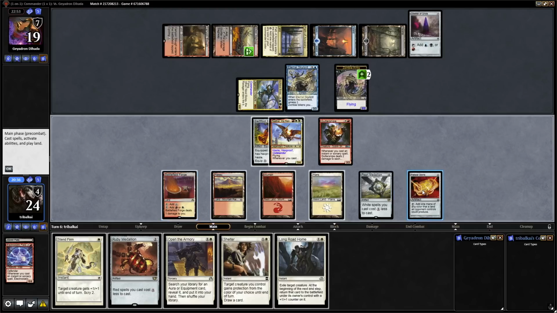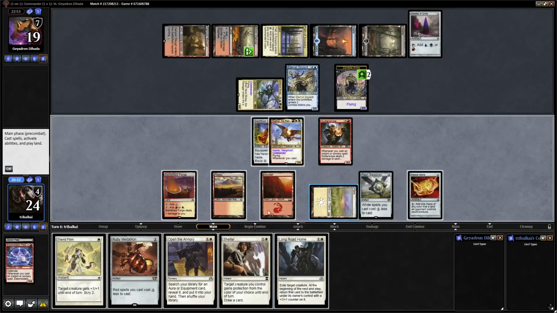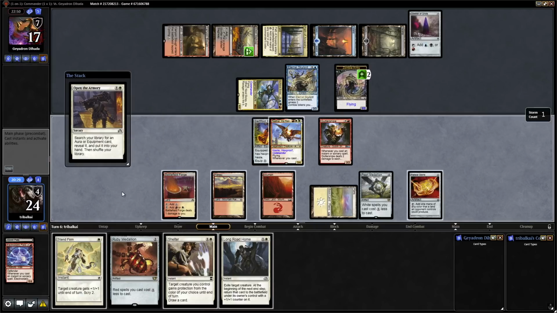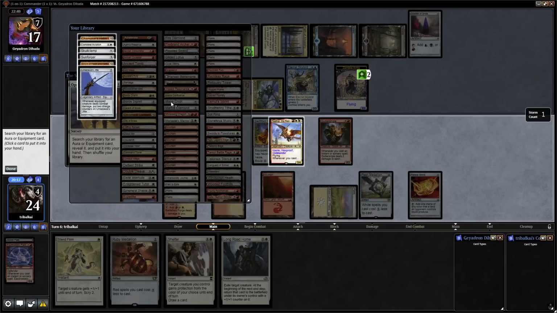But Open the Armory is only going to cost 1, so let's go for that. And it's a white mana we need for Open the Armory. 6 points of damage from Gutter Snipe, if I'm remembering correctly. Now then, how about